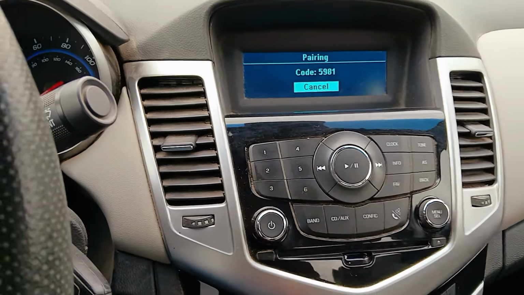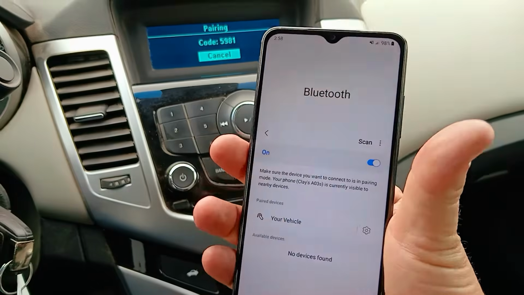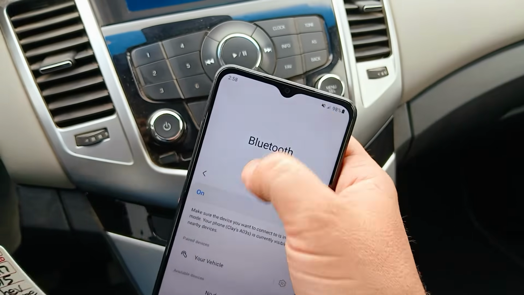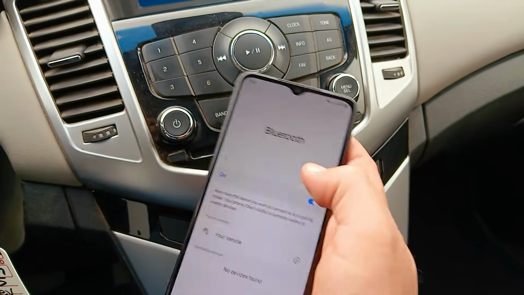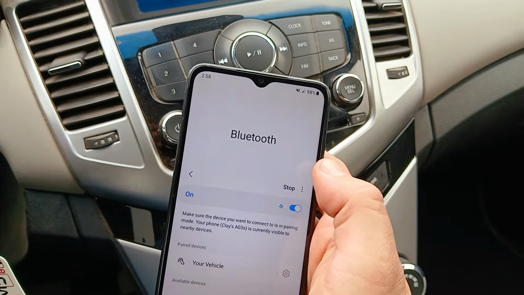Pair, please start a search on your Bluetooth phone. So every phone's a little different, but here you want to make sure that the Bluetooth search is highlighted. Once the search is complete, select your vehicle on your phone, then it'll scan, and if required, enter the code